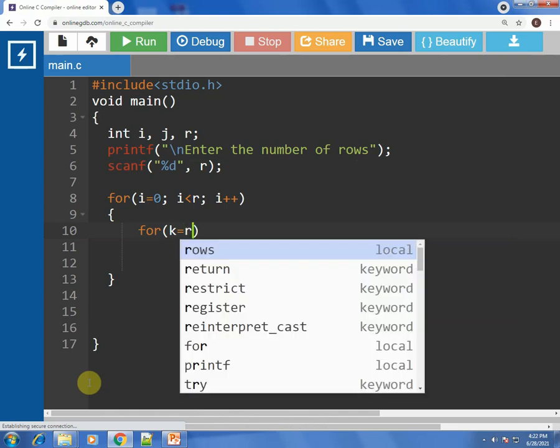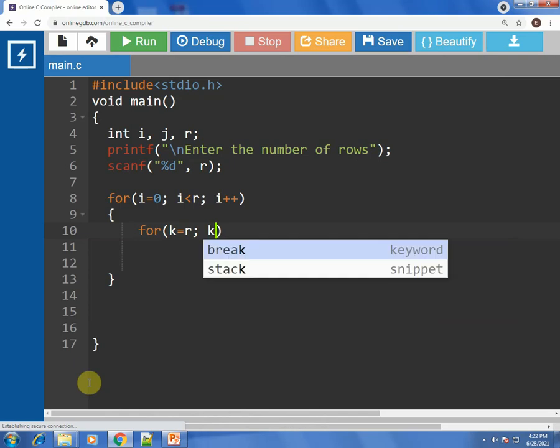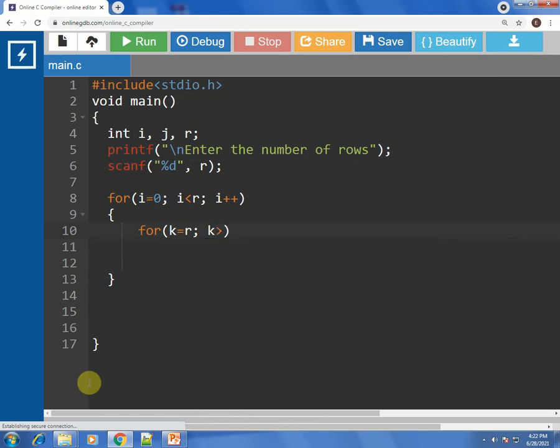So how to print the spaces? Let's use these conditions. You will understand this better when we take one example for this loop, basically to trace it. So it is a decrement loop. The loop variable is k, and inside it we are printing a space. That's it.